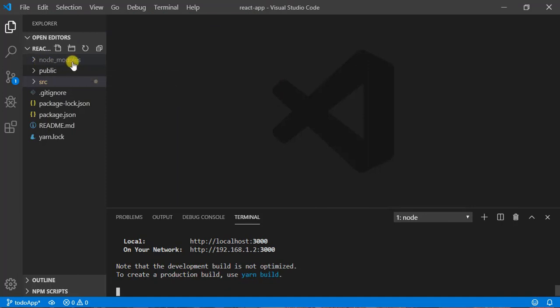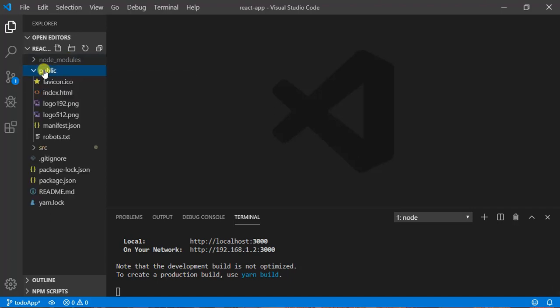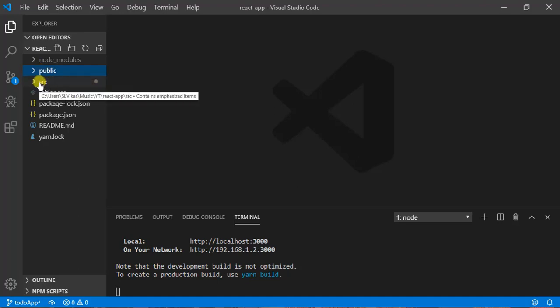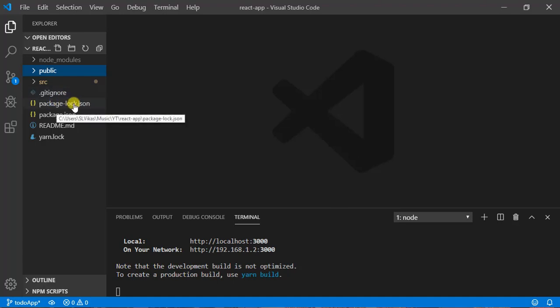Here you can see I have this node modules where all the dependencies of this project will be stored, and the public folder, this folder we are not going to touch. Okay, so here you can see I have only one HTML file. Okay, and next src, we are going to do everything with the src only, meaning here we will create components and import them. As you can see here, this gitignore file lists the dependencies you don't need to upload to git, and this package.json is created once you start npm.